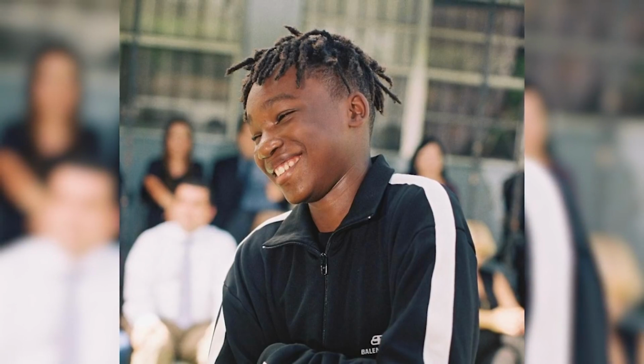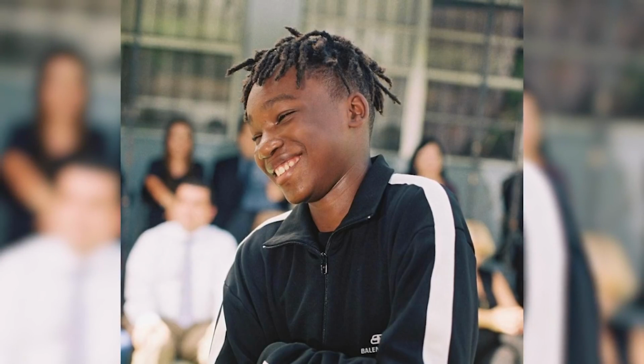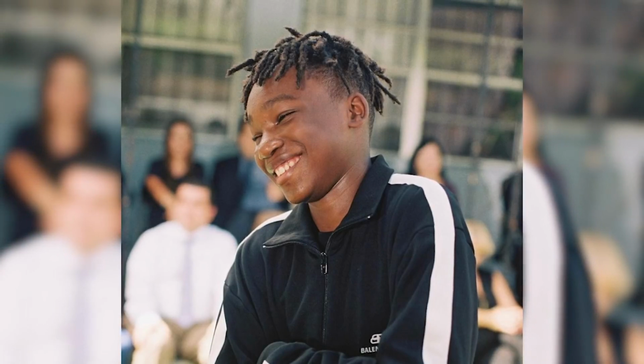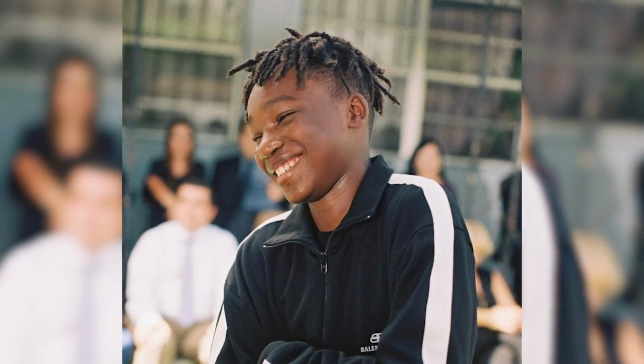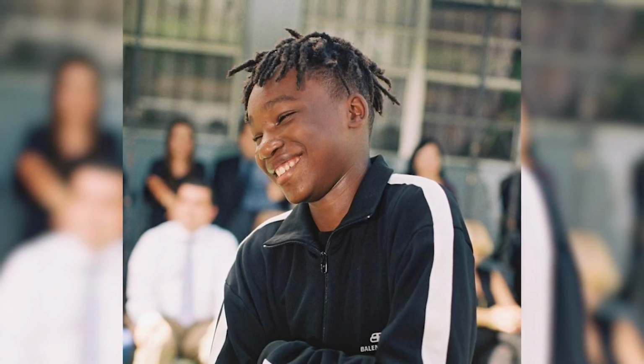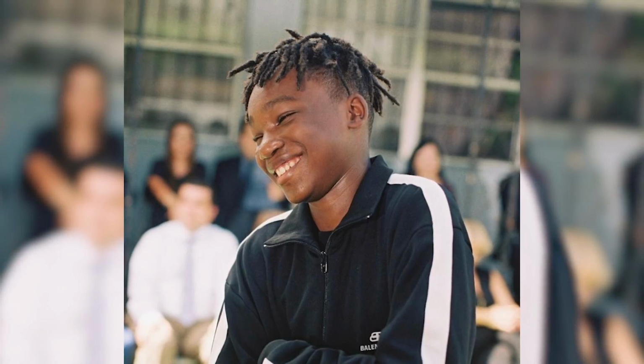So guys, just an overview of YNW BSlime's dreadlocks. He has the 4C hair type. He twists typically with no gel, which is very common. And his hairstyle is pretty much just wearing it down because he needs a little bit more length. But with the length that he has now, he could be braiding his hair, so I wouldn't be surprised if he starts doing that now. I do want to mention that he does have a high top fade, which